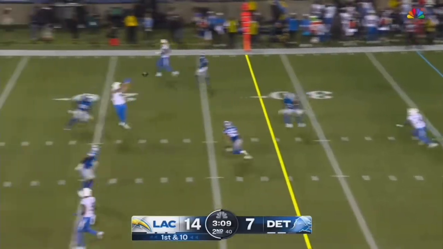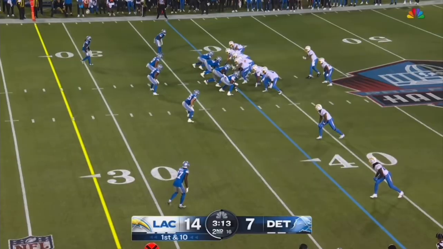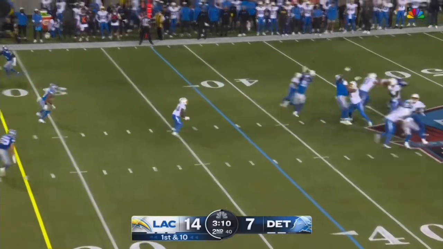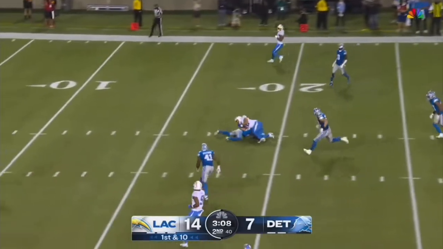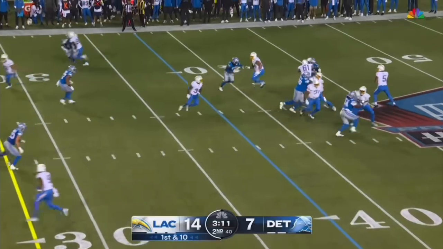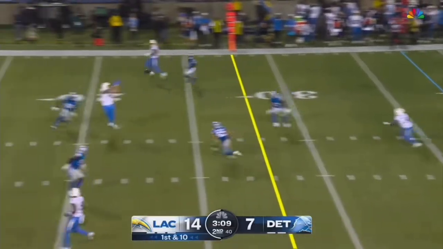So a lot of what they've been doing in terms of passing the ball has been through that. But the only way you get that to work is by establishing that, okay, we can run the ball and we are a threat running the ball. That's the only way the defense bites down on that. I didn't watch the game as a whole to see how effective they were running the ball,